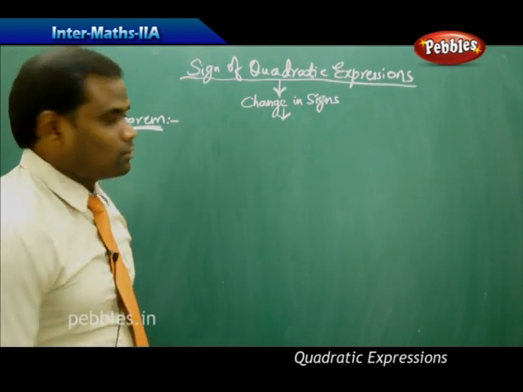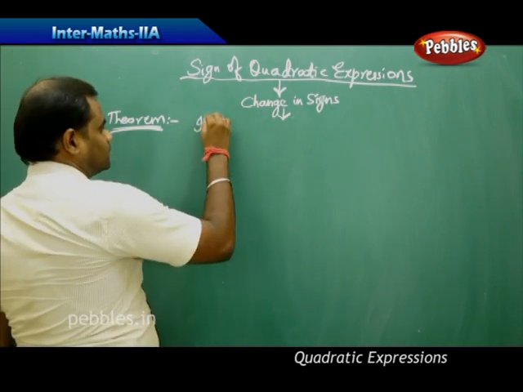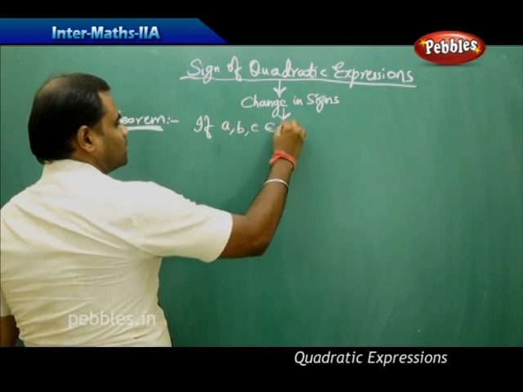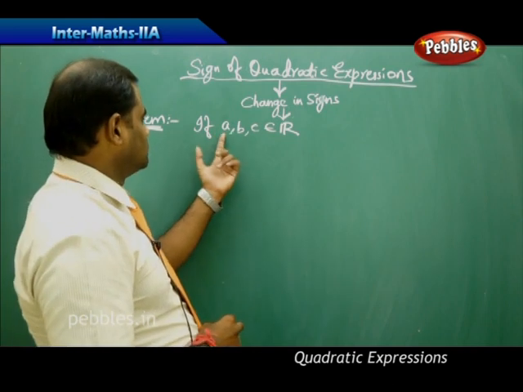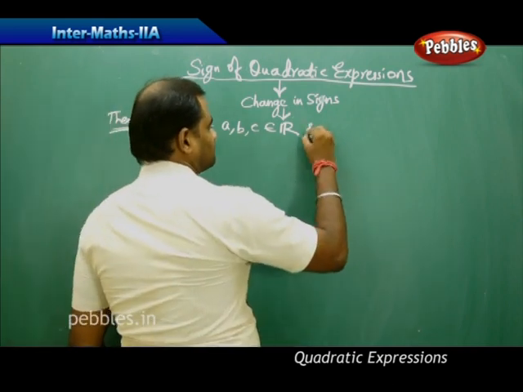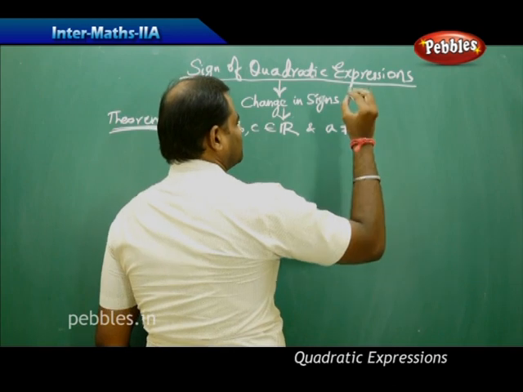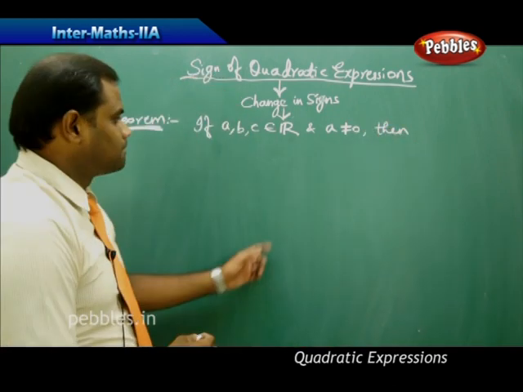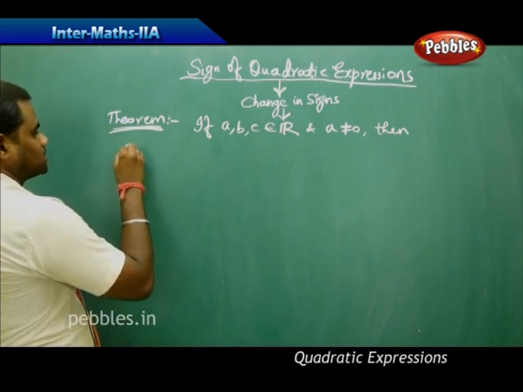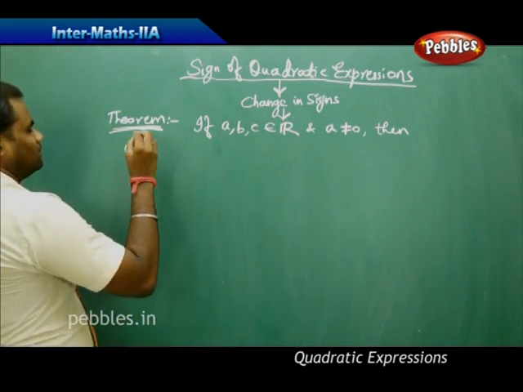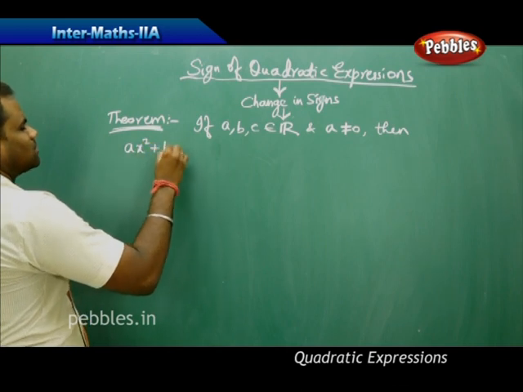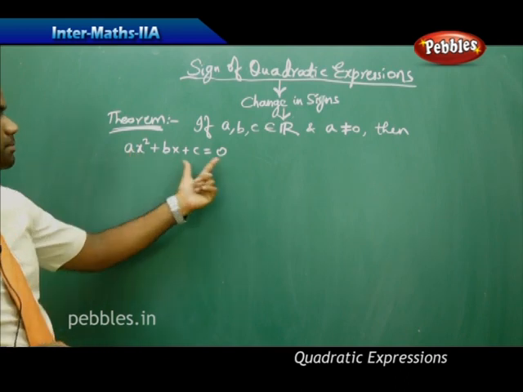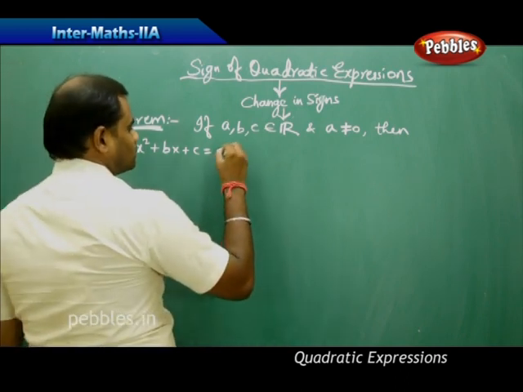The theorem states that if there are 3 real constants a, b, c belonging to real numbers, and a is not equal to 0, then I have to prove that the quadratic equation ax squared plus bx plus c equal to 0